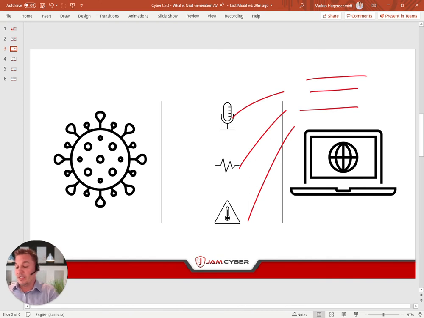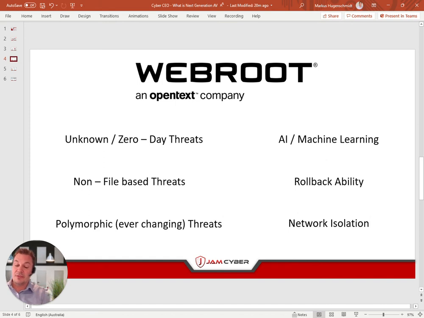The main reason is that we can detect unknown or 0-day threats that just emerged and aren't really that understood yet. Because it's on a process level and not a file level, they can be detected. And it's not just file-based threats. Classic antivirus threats were coming as an email attachment or you download it from the internet.